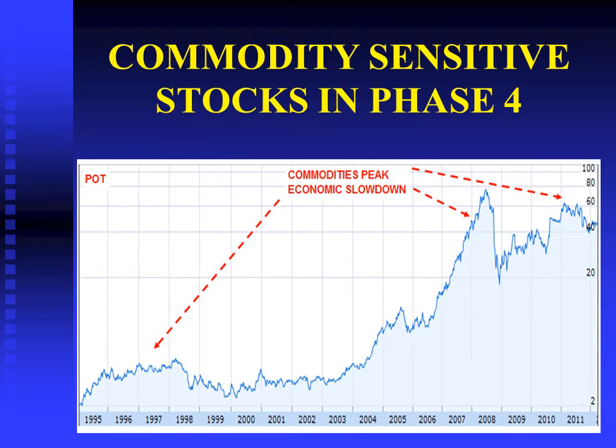This is another example of commodity-sensitive stocks, and this is potash. And as you can see here, the economy slows down, the same behavior as Caterpillar, and the stock didn't do anything. Here again, this was a recession, commodities declined and the stock declined. And here again in 2012, the economy started slowing down, commodities declined, and the stock of potash did not do well because it is dependent on the price of commodities, and of course with commodities going down, profit margins get squeezed.